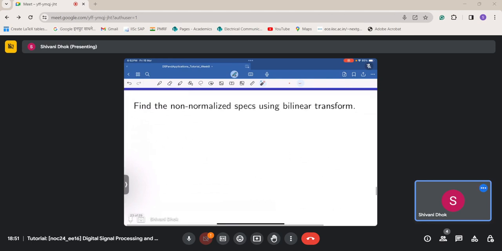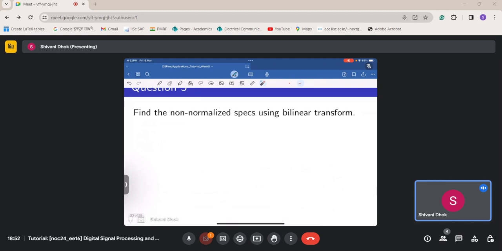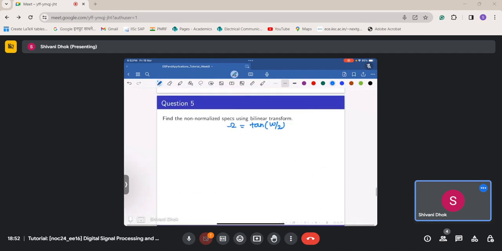Please keep this thing in mind. It's subtle but important. This shouldn't cause any sort of confusion. Okay, so now this fifth question is, we need to find the non-normalized specs using the bilinear transform. So what we need to do is simply find this omega, which is tan of omega by 2. Okay, so again we'll have four